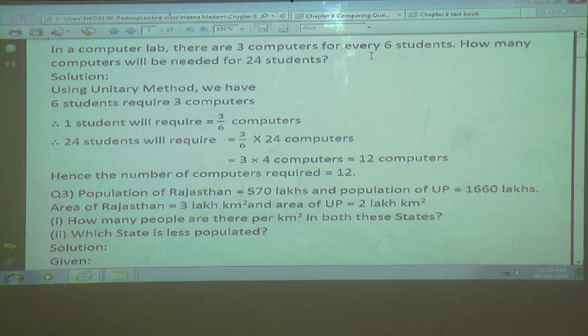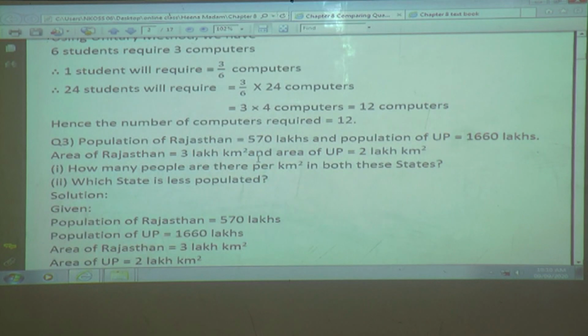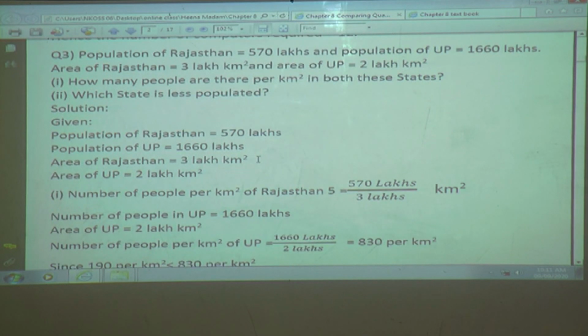The quantity and the ratio were given to us as 3 computers for 6 students, so we could find how many computers are required for 24 students. This was a very simple example where we used the unitary method and solved step by step, and found the number of computers required for 24 students. One more example we will go through as a word problem, so it will be easier for you to write the steps. Here the population of Rajasthan